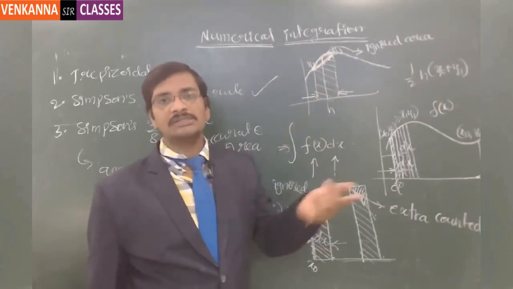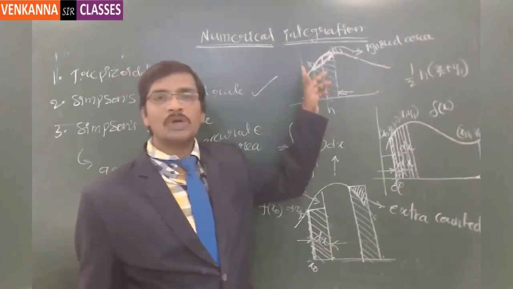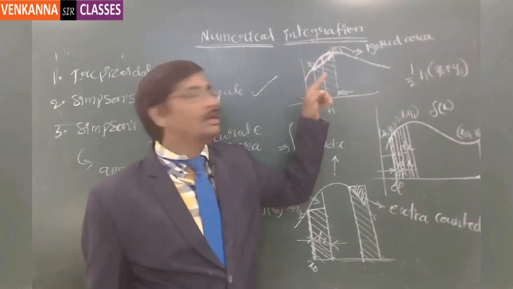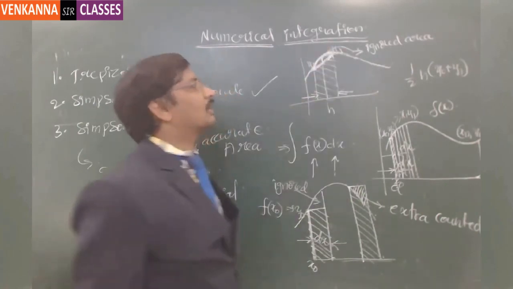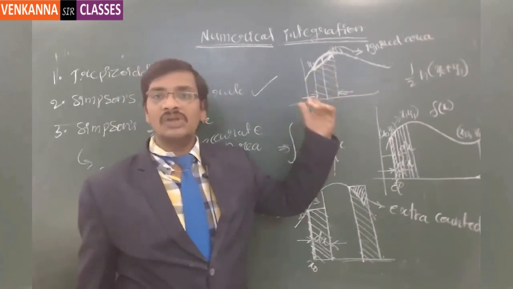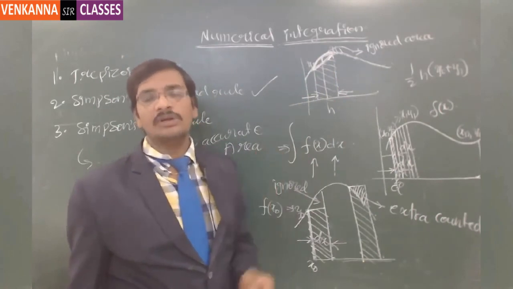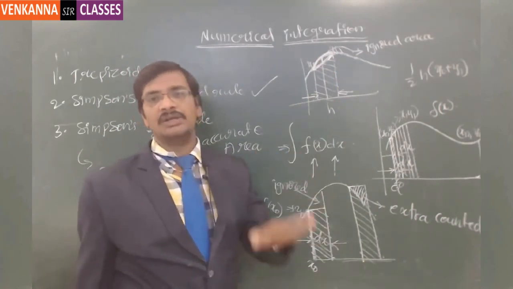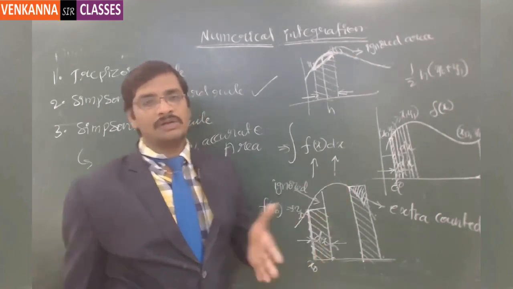And in the third case, that is Simpson's 3/8 rule, we are trying to approximate as a third order polynomial. Hence, we are tracing this particular curve even better. So the area calculated is more accurate than with Simpson's one-third rule, and indirectly the error is reduced further. Like this, there are other rules also, Boole's rule or Weddle's rule,